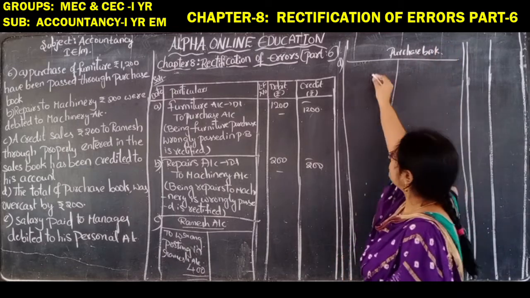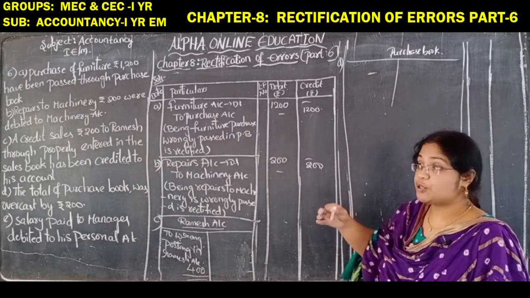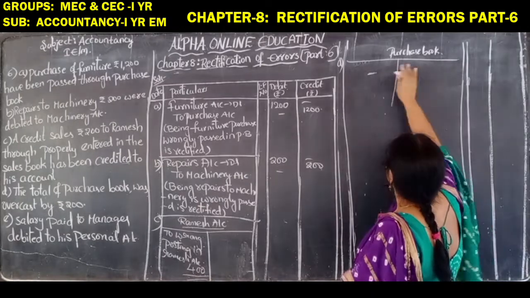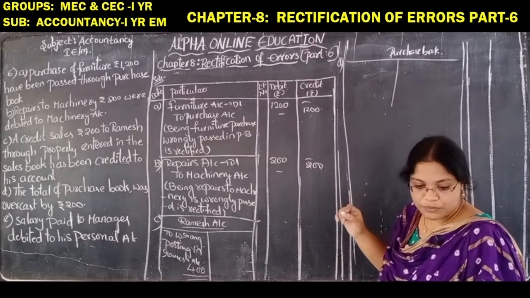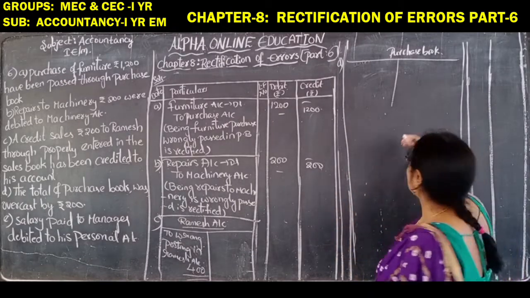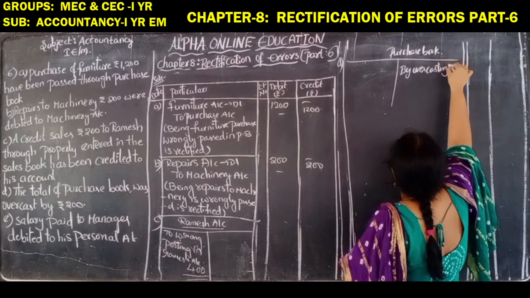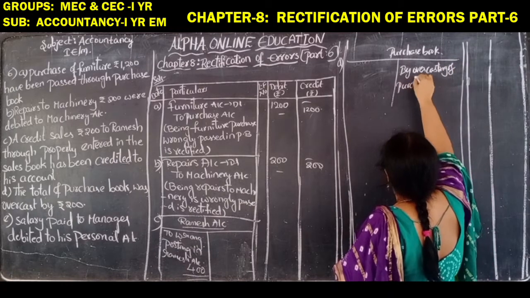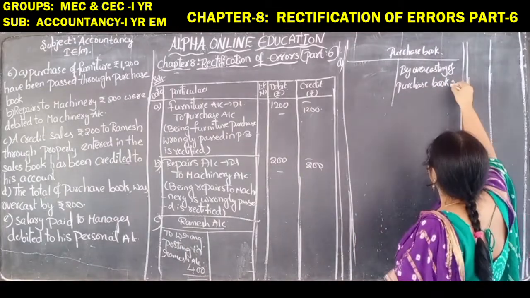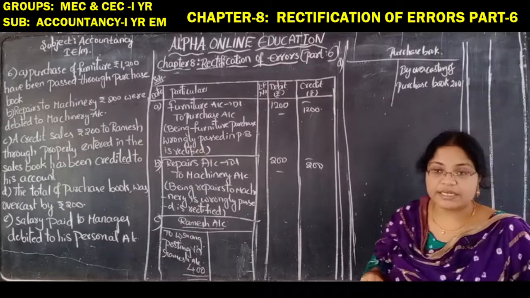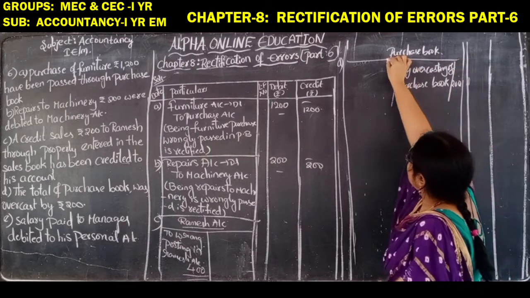The purchase book generally shows us a debit balance, but the balance it's showing is overcasted by 200. It's showing 200 more amount. So overcasted, in such case we have to write the entry here by purchase book, by overcasting of purchase book. How much is the amount? That is 200 rupees. How much are we overcasting? 200 rupees. You have to write like this: particulars, amount, particulars, amount.